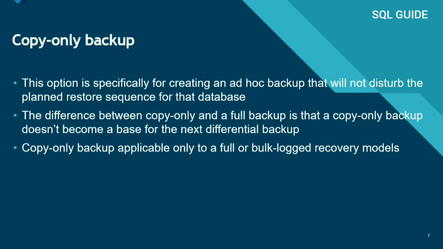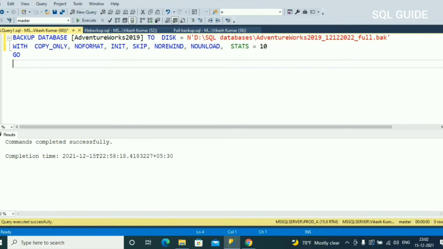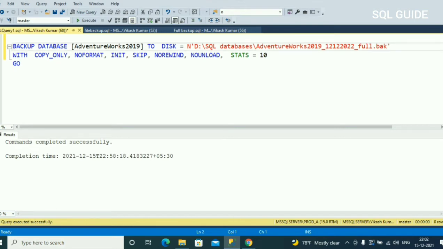Let's connect with SQL Server to show you how to take a copy only backup. Connect to SQL Server, and this example is to take the copy only backup: BACKUP DATABASE database name TO DISK WITH COPY_ONLY. You need to give the option WITH COPY_ONLY, then it will take the copy only backup of the AdventureWorks2019 database.